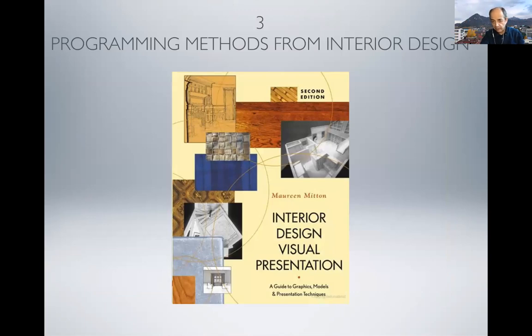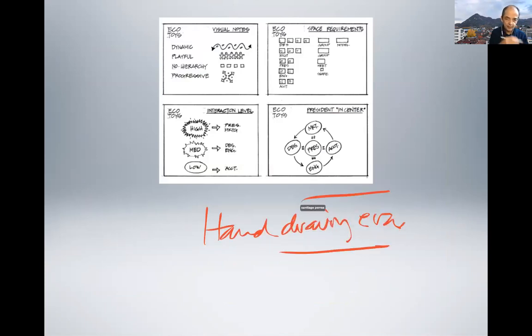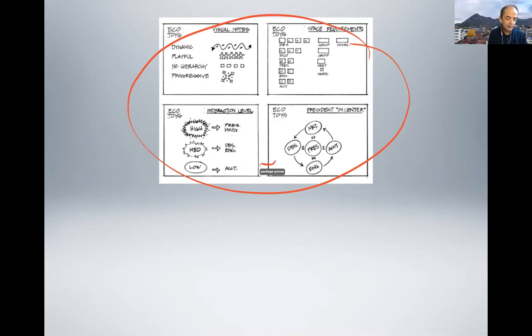One more example for another book in the library from interior design. In this case, I chose it because they have very nice graphics. This is from the hand drawing era. It is a book of the 80s, 90s. We can do the same with computer, but you can see that having nice graphics and clear helps a lot